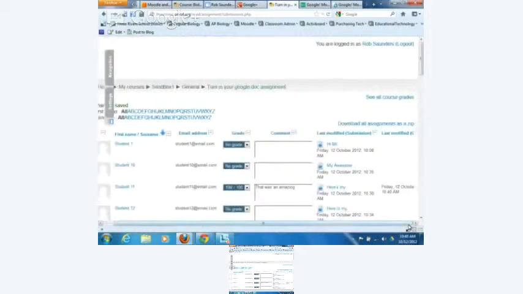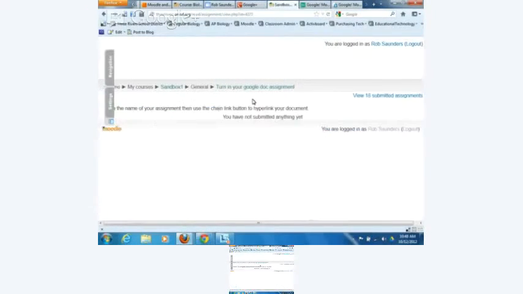Okay, how many submissions do I have now? Let's see. Oh, I think I have to go back to the previous page. One thing that Moodle does is it has what I call, I think this is what they're actually called, breadcrumbs. And remember how the breadcrumbs get you back to,